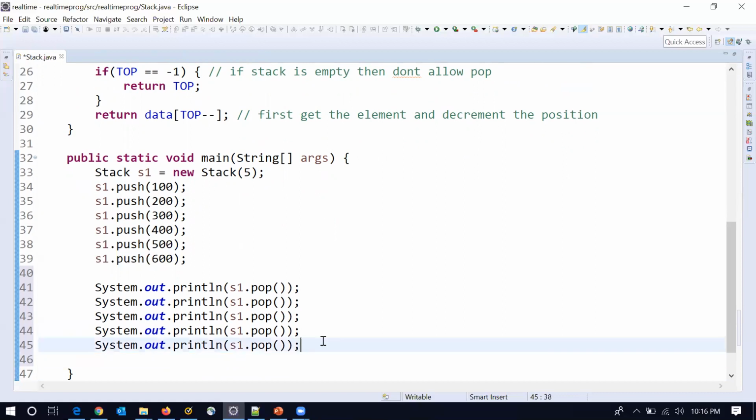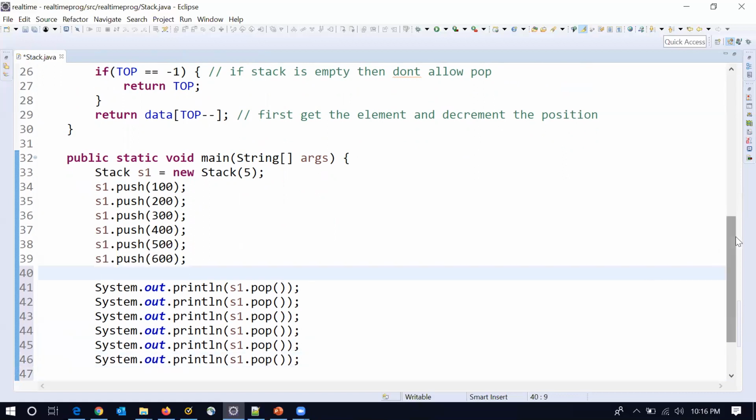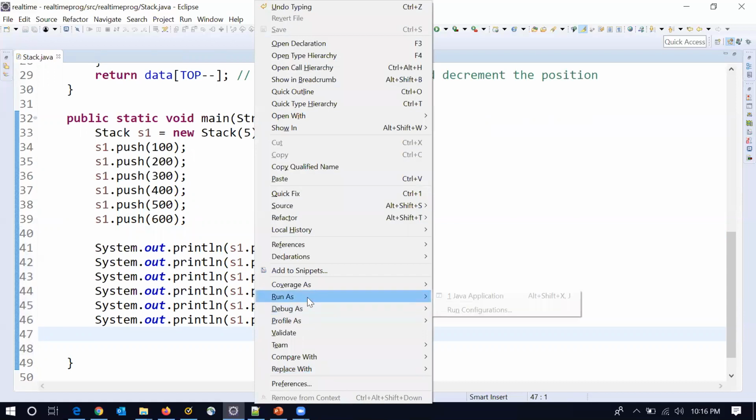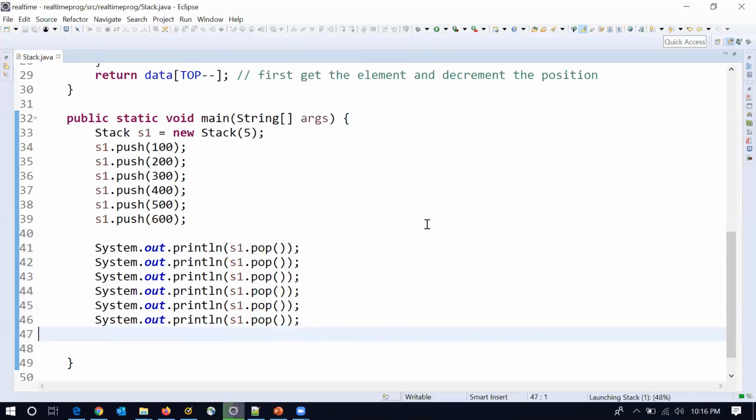Whenever I try to call it for the sixth time, let's see what will happen. So I'm doing one extra push than the size, and one extra pop than the size: one, two, three, four, five, six. Fine. Let me execute this program, run as Java application.